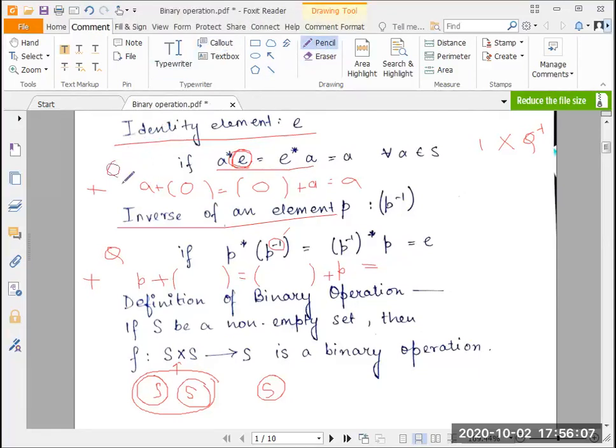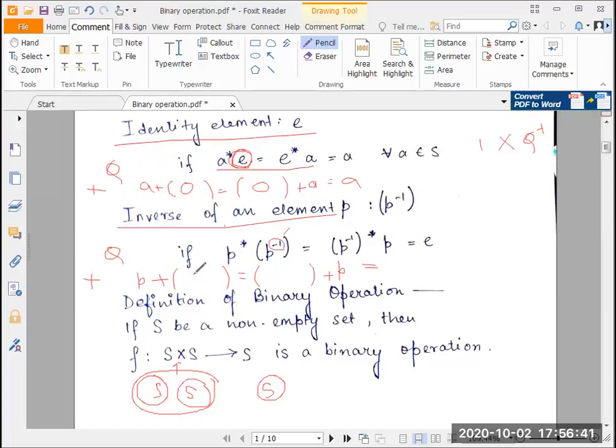You can check that 0 is also the identity element for the set of integers, not just the set of positive integers, but the set of integers, which essentially is a combination of the set of positive integers, the set of negative integers, and 0. So a plus 0, so of course a is an integer. If a is a positive integer, it's of course an integer. 0 is essentially an integer, it's not exactly a positive integer as such. But essentially what happens is I have an identity element of addition on the set of positive integers or the set of integers.